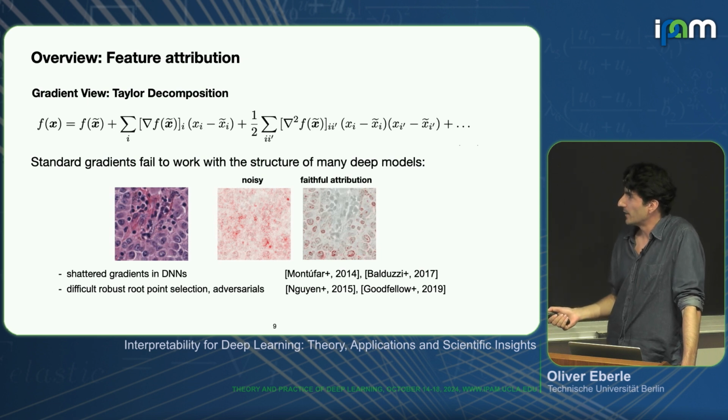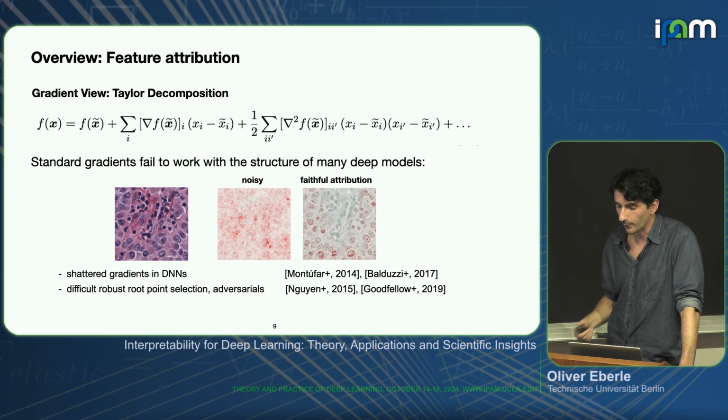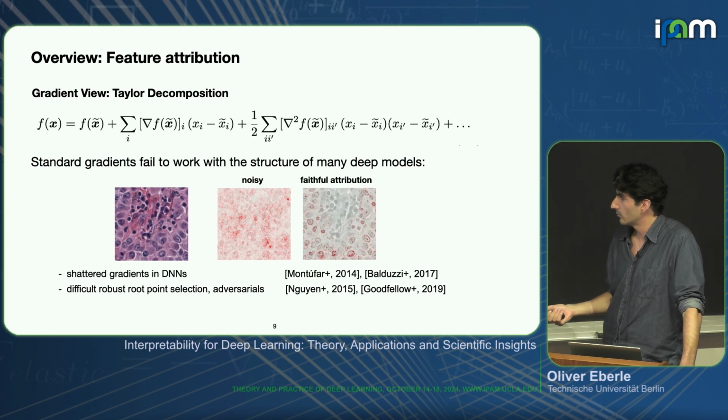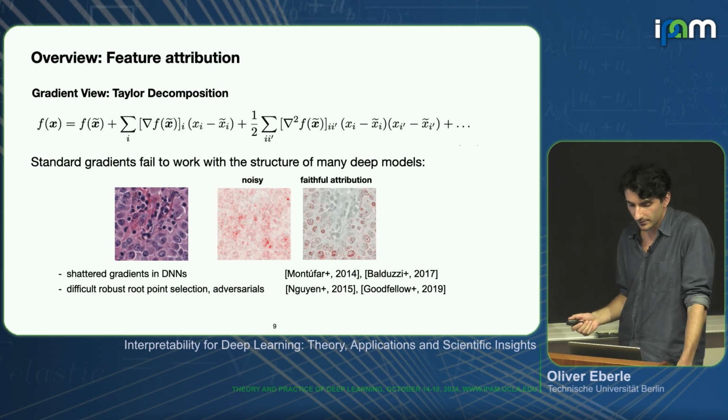One observation that was made is that if you do this naively and just look at these standard gradients, they are often quite noisy. If you have a really deep neural network and you compute gradients, you can end up with super noisy, uninterpretable heat maps. Whereas if you do this in a more faithful way, you can end up with something that's actually useful and meaningful. There are evaluation approaches to distinguish between the two without having to look at them, because humans are maybe also not the most reliable predictors for this.